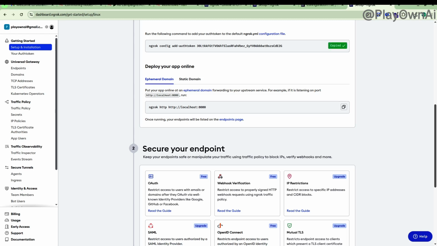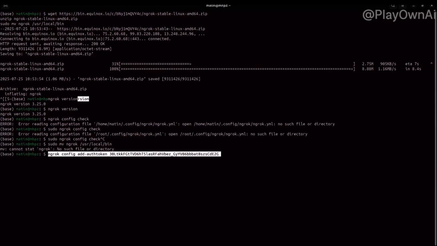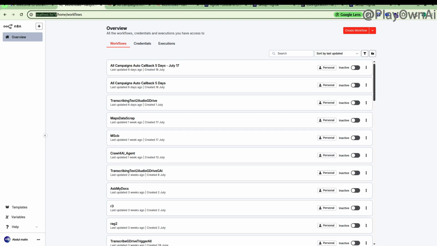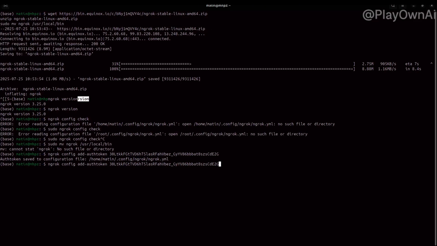You should have received an authentication token from your Ngrok dashboard when you signed up. We need to add this token to your ngrok.yml configuration file. Run the following command, making sure to replace the placeholder with your actual auth token. ngrok config add-authtoken. This command will automatically add your unique authentication token to the default Ngrok configuration file, which is usually this local URL command. ngrok